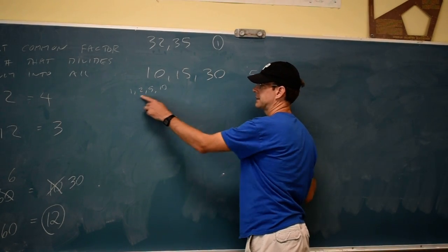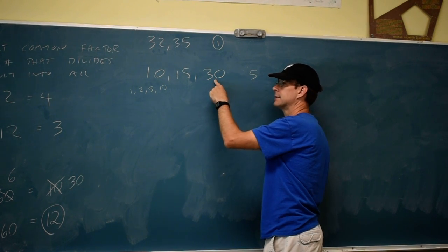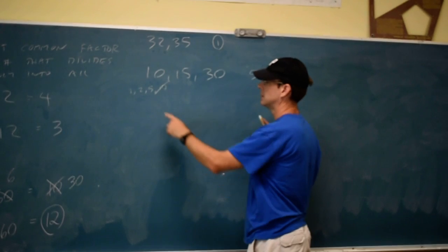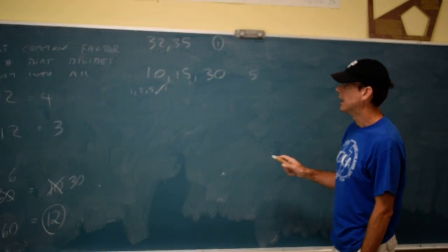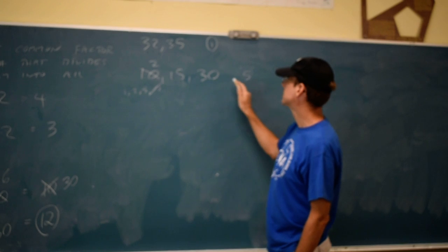These are the only things that go into 10. Can 10 go into 30? Yes, but not 15, so no. Can 5 go into the other ones? Yep. And again, the check, to make sure you have the biggest one, take 5 into 10 goes twice, 5 into 15 goes 3, 5 into 30 goes 6,